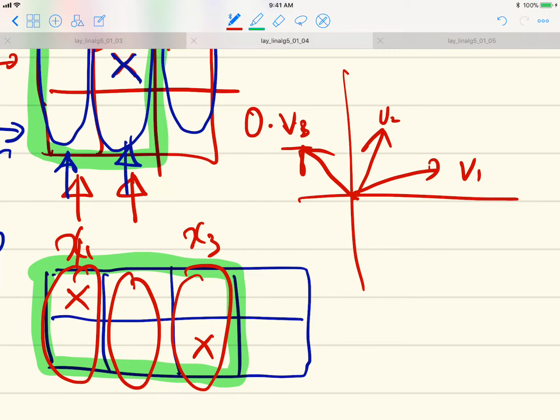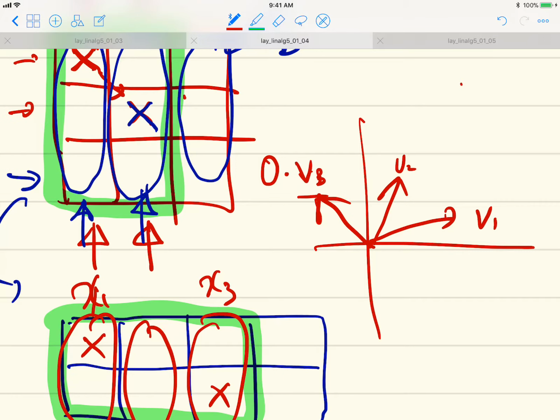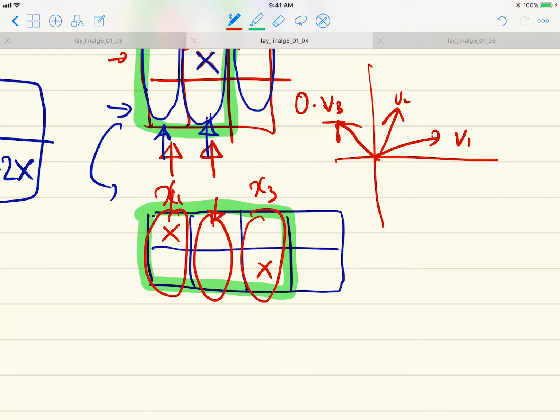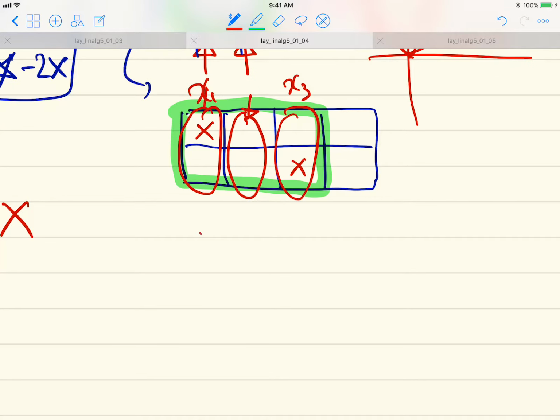But in this case, this figure is a little bit wrong, because in this case, the second variable didn't have a pivot, right? So let me give an example. 1, 2, 3, corresponding to these three values. Let's consider the case where we have a pivot here and here, but not on the second column. So in that case,